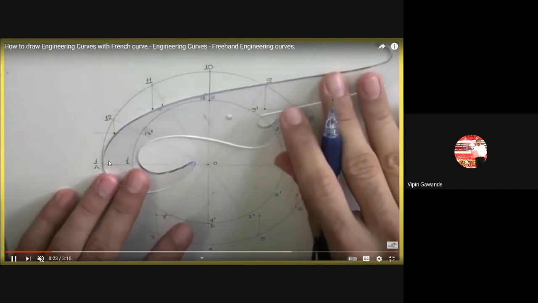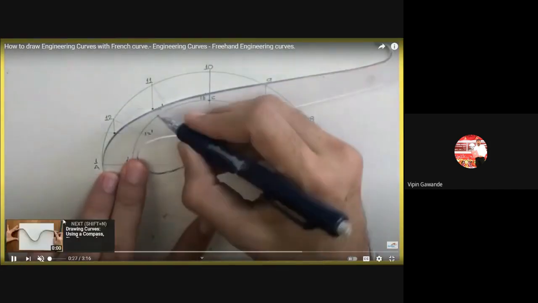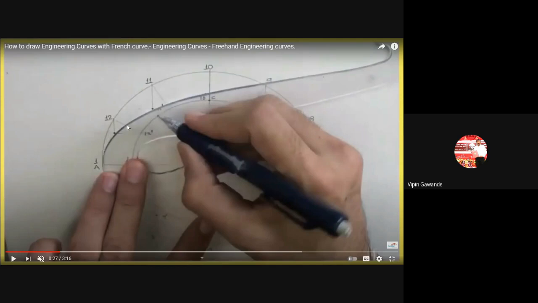तर पहा, आपल्याला फ्रेंच कर्व कसा ठेवायचा आहे. सो यू हॅव टू पुट दी फ्रेंच कर्व सच दॅट यू विल गेट हिअर सी 1 2 3 पॉइंट्स याच्यामध्ये आले. ओके, यू हॅव टू ऍडजस्ट दी फ्रेंच कर्व सच दॅट यू विल गेट हिअर 2-3 पॉइंट्स ऑन द कर्व, ऑन द surface of the curve, on the corners of the curve.